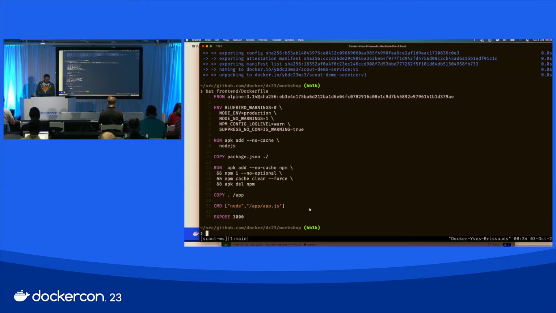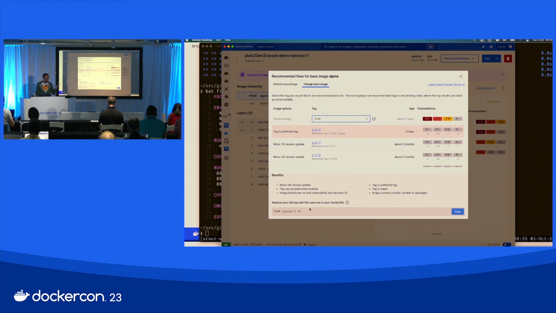Depending on what you want to do, you have different kinds of recommendations, like whether you want a minor update or a bigger one, etc. So the idea now is if you pick the recommendation and update the Dockerfile,